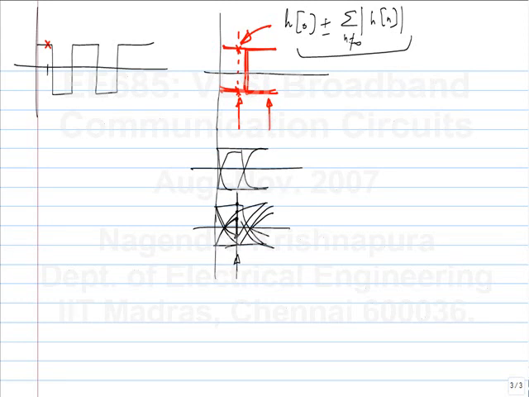There will be one full eye. This looks like an eye. That's why it's called an eye diagram. There is some opening in the middle. So would you want the opening to be wide or narrow? It should be as wide as possible so that you can detect the data without any error.